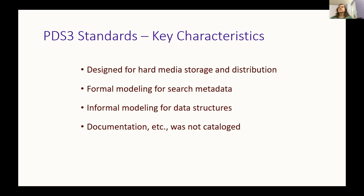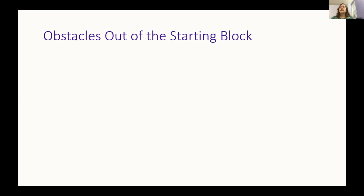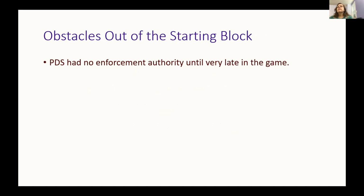Outside the archive, PDS as an organization had some major obstacles to deal with as well. First, and it is important to realize this, PDS had and really has no enforcement authority. All we can do is report to NASA that you failed to meet your archiving requirement. And for many years, doing so elicited no response from NASA headquarters. And because archiving was the last act of a mission, raiding archiving funds to deal with cost overruns was commonplace. It took a while, but NASA got increasingly aggressive about ensuring that archiving happened till we reached the point where we are today, where archiving is a clear requirement